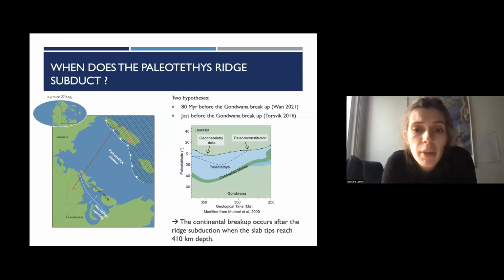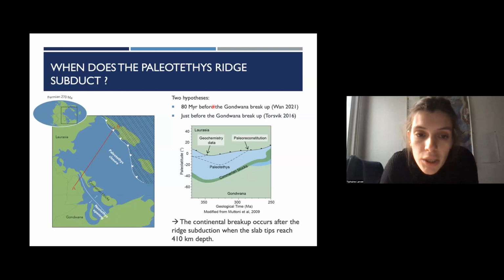And there is a debate about the age of the Paleotethys mid-oceanic ridge subduction. Some people are saying it happened 80 million years ago, before the Gondwana breakup, and other people say that it happened just before, immediately, or during the Gondwana breakup.